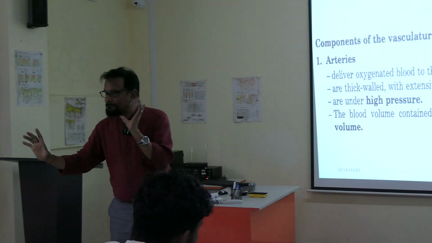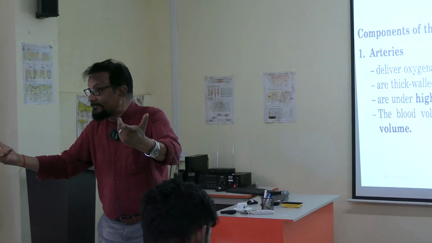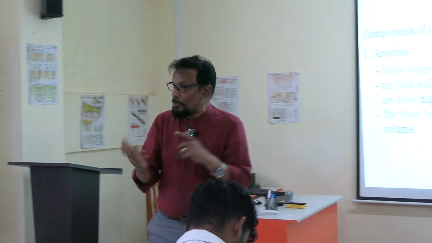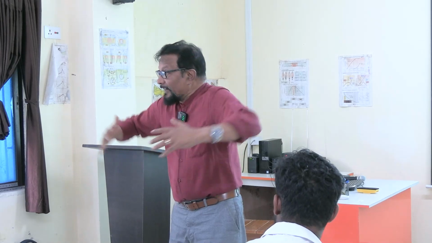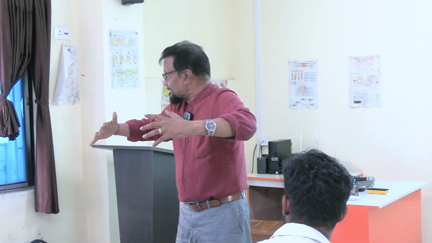The aorta. It is highly elastic, I said. It has a lot of elastic tissue and collagen fibers. As a result, they are very distensible. Whenever 70 ml of blood is coming, immediately because of their elasticity, they are inflating, accommodating the 70 ml of blood. They have accommodated all the 70 ml of blood. Okay, and by this time,